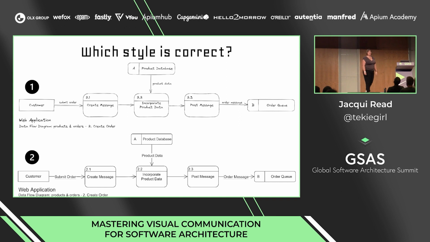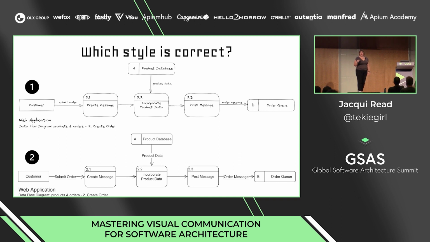Which one of these styles would you use for this diagram? It's a data flow diagram, a level 2 one. So hands up if you would use the top one, number 1, if you were drawing this diagram. A few hands, okay, and number 2? Definite preference for number 2, and I think I'd go that way as well with this one. But it's this classic, it depends. So